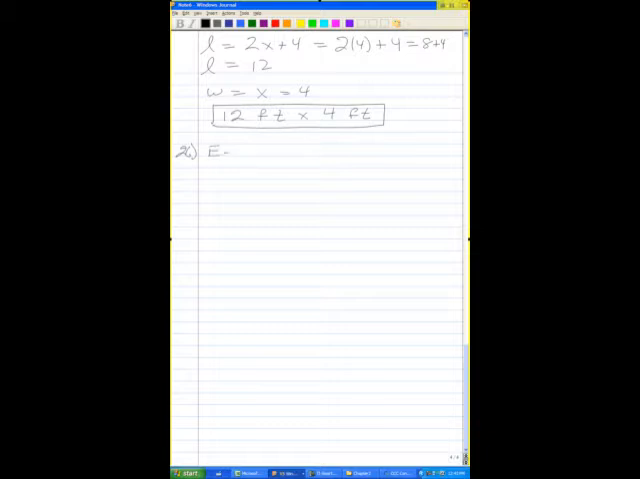Each of the equal sides of an isosceles triangle